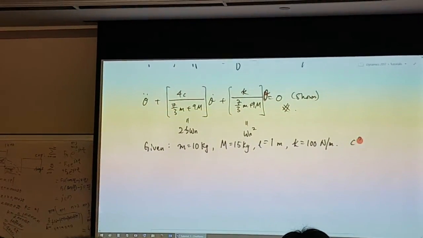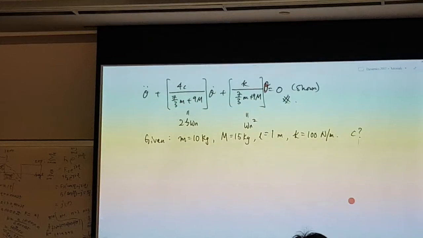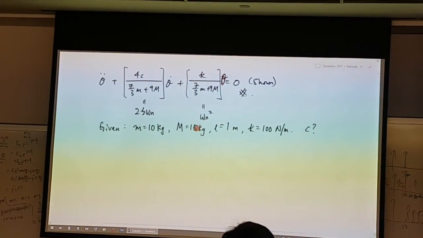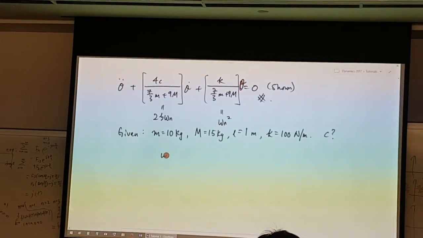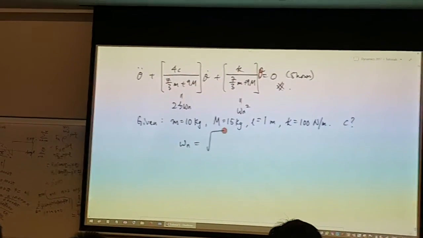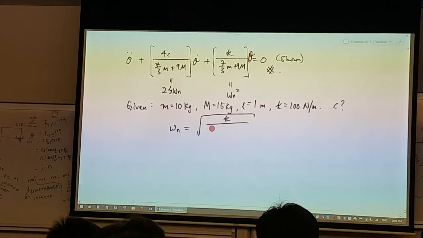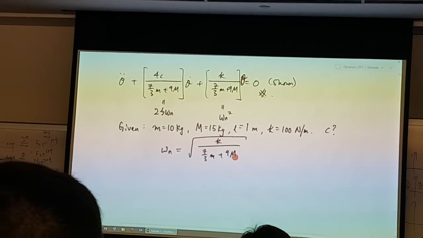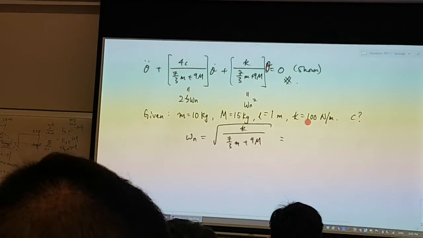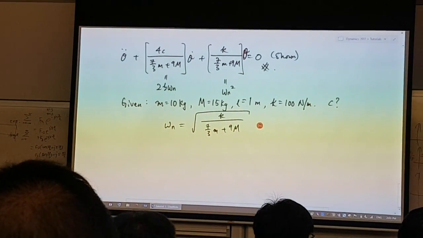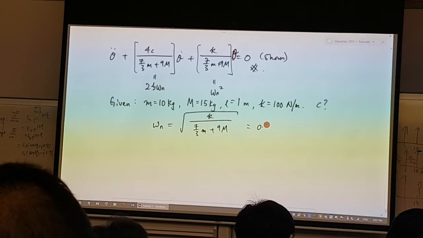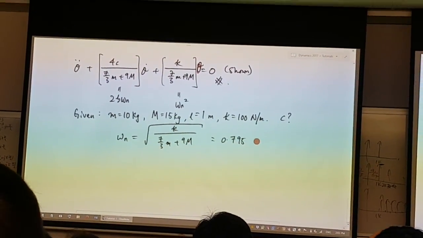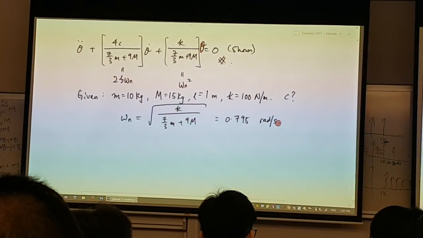And it wants us to find out what is the damping coefficient C. So let's calculate it. This omega n will be square root of k over 7 over 3 m plus 9 m. So substitute all this in, your omega n should be equal to 0.795. And if your peer didn't add in radians per second, it's